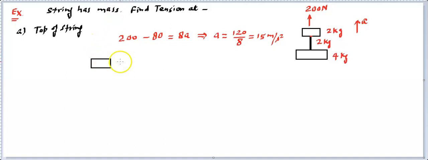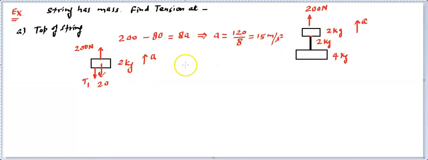So this is the 2 kg block that we are drawing the free body diagram of, and this is being pulled by a force of 200 newtons. We will apply the force acting on this, and then its own weight will be acting downside, and that weight is going to be 20 newton. And then the string tension at that point, let's call the tension T1. We can find this T1 downside, and this must be moving with the same acceleration a as the system, because it's a part of the system.